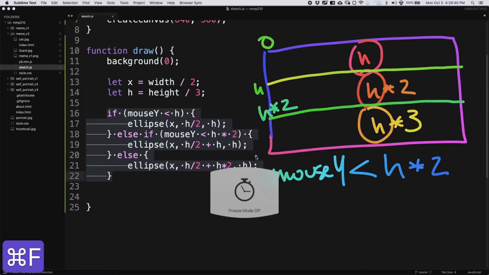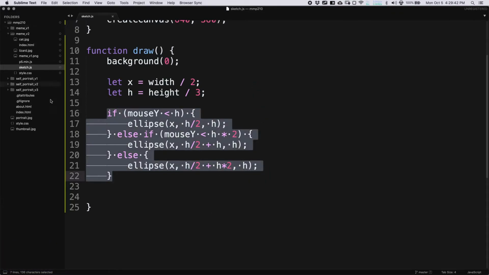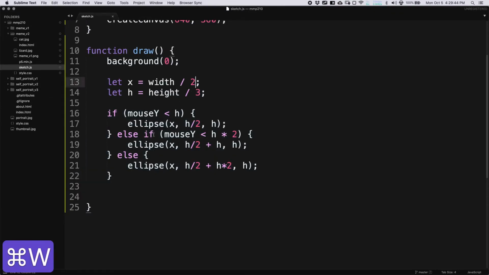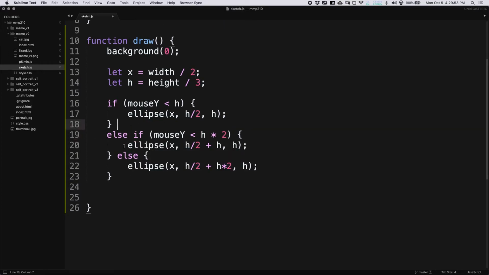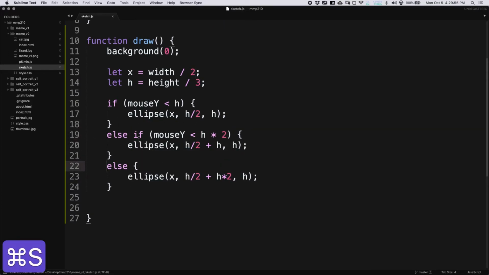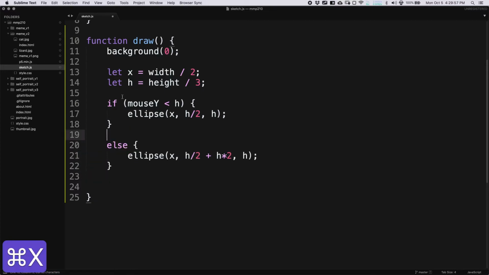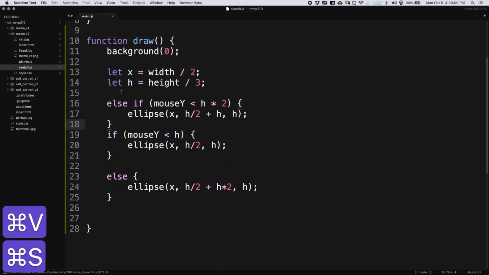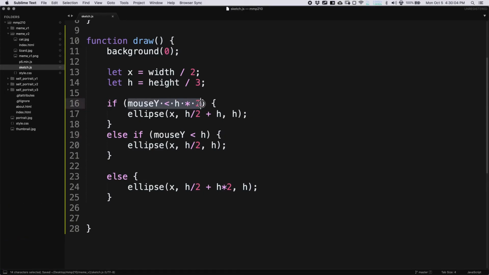Okay, so let's see that in practice. If I switch these two conditions, I'm going to put these on a new line so it's a little bit easier to see. So if I take this condition and I put it up here, and then I'm going to move the else down here. Okay, so I'm starting with mouse Y is less than h